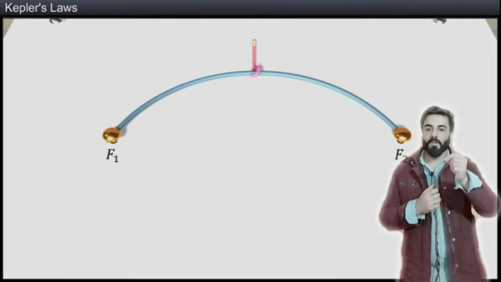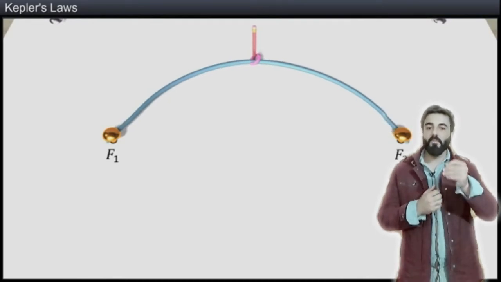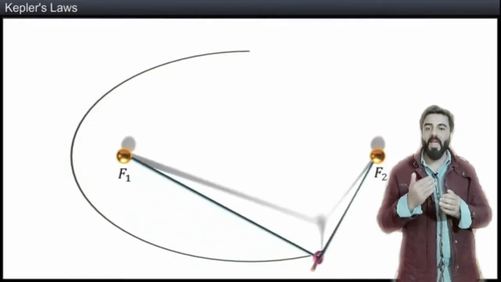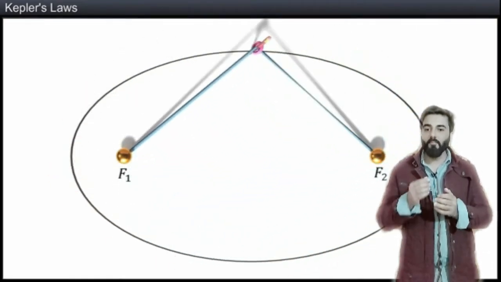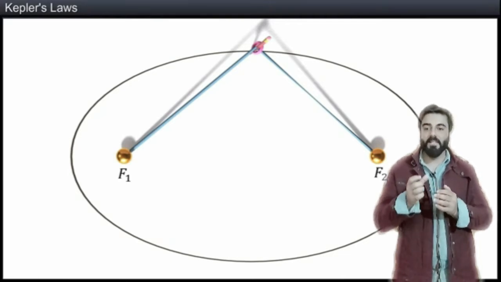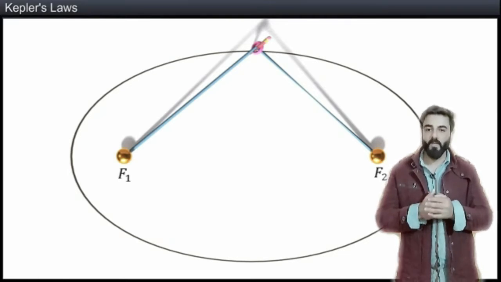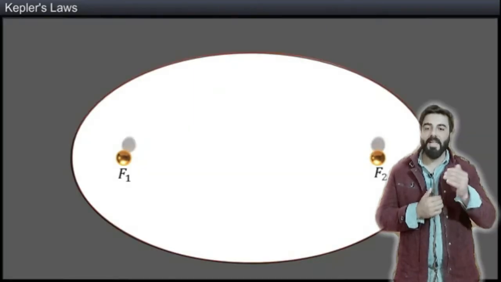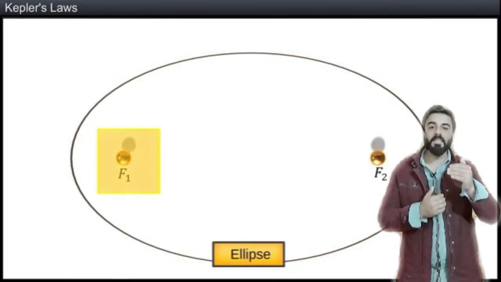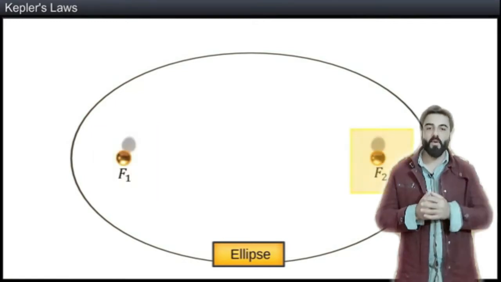Now stretch the string. In order to remove the slack, you have to stretch the string taut at the tip of the pencil and draw a curve on the sheet by moving the pencil as shown. Okay, this is the required curve. Take care that the string is tight while you draw the curve. The closed curve we observe is the ellipse, while the points F1 and F2 are called the foci. Foci is the plural of focus.